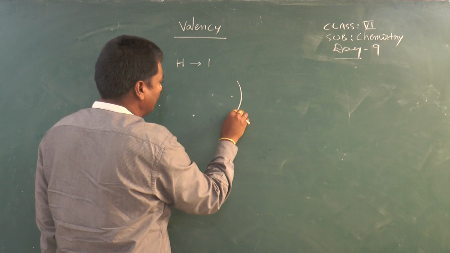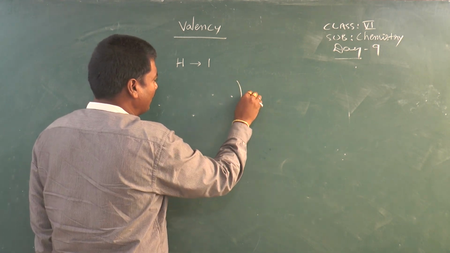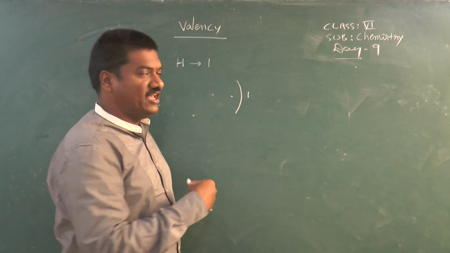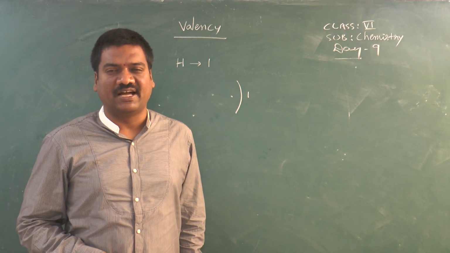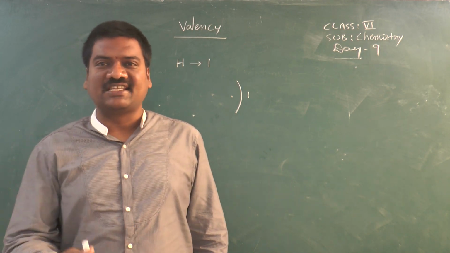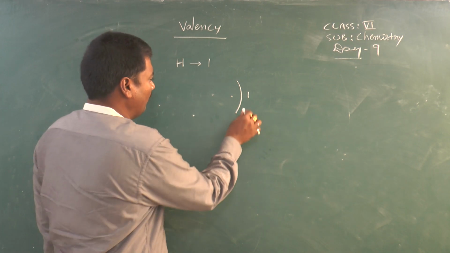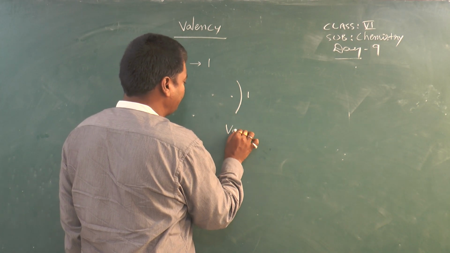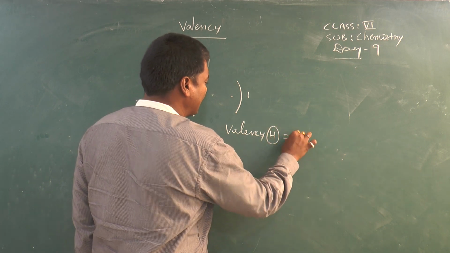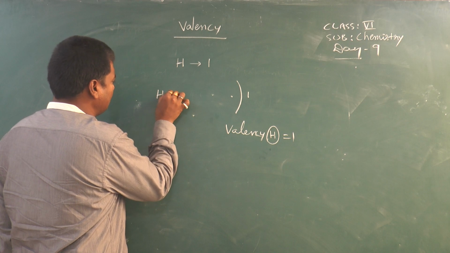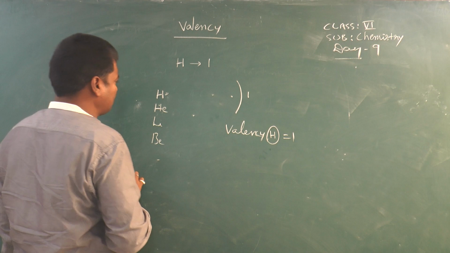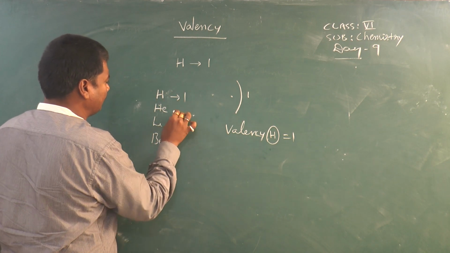Now here this is the nucleus. We have only one orbit, and one electron is present. Here, the valency of any element will generally be equal to the number of valency electrons, up to 4 electrons in the valency shell. Means one electron is there, then the valency of that hydrogen atom we can take as 1. Suppose we take hydrogen, helium, lithium, beryllium: hydrogen valency electrons 1,